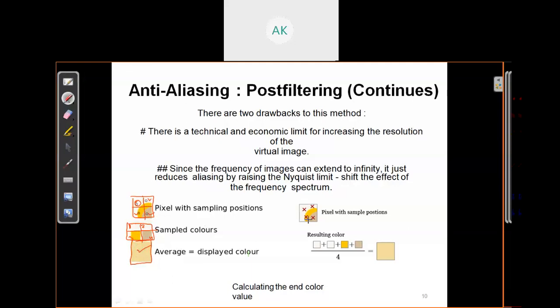Okay, so we took the sample at 4 different places and averaged them, and we will get this color, white, yellow, and this color, and you will get the average color like this. Okay, so at that pixel we will draw this color. Okay, so this is called post filtering or super sampling. Is it clear?